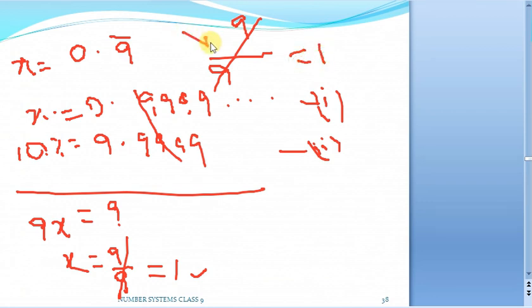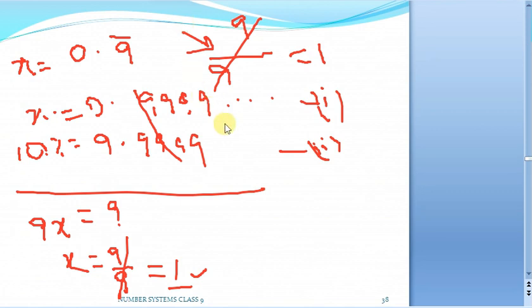So this is actually something we can do using our shortcut also. We can use the shortcut to check your answer, as well as in attempting your objective test. Otherwise in conventional exams, we have to go by this particular lengthier approach. So here it is going to be 1. Why? Because whenever I write 0.999 and so on infinitely many times, it will be close to 1. So that's why I'm getting my answer to be 1.